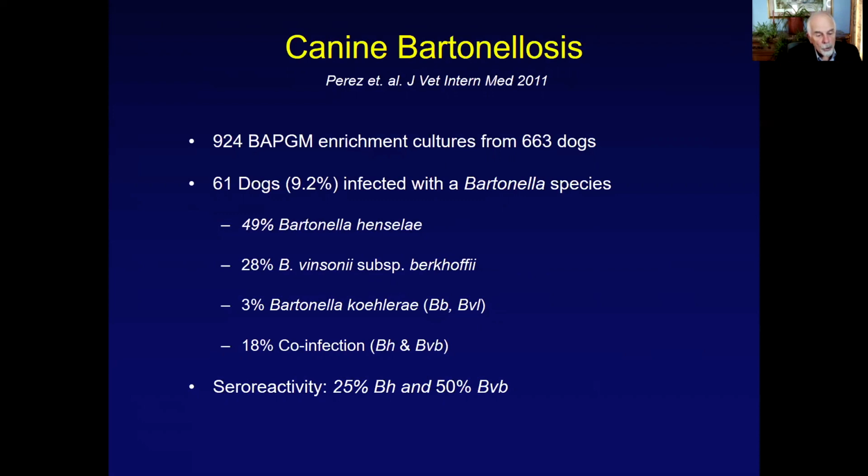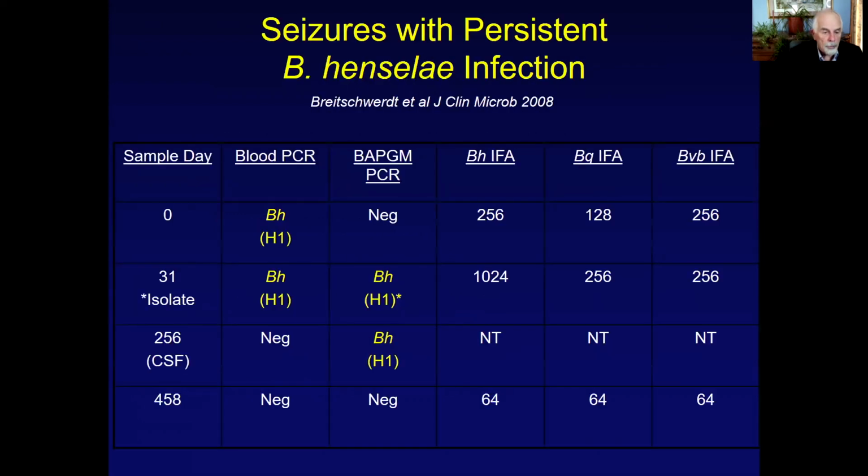And finally, that seroreactivity was extremely low in these dogs, with only 25% of the BH dogs having antibodies to Bartonella henselae and 50% of the Winstonii burkholzii being seroreactive. So this is one more example of an individual that had cat scratch disease. And I think, again, it's very likely that she did not eliminate Bartonella henselae after she was infected, because starting about a year later, she developed minor motor seizures and then progressed to generalized seizures and eventually became a patient